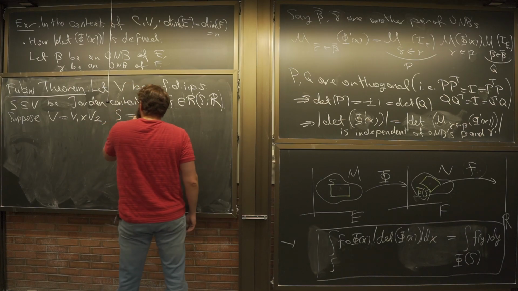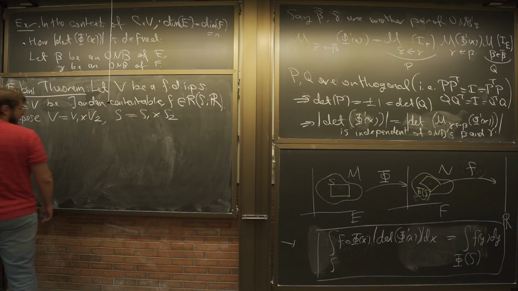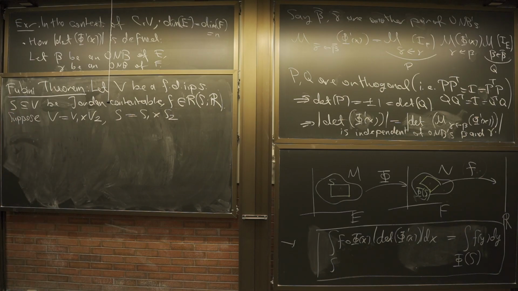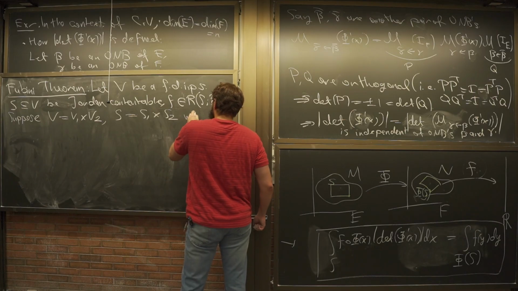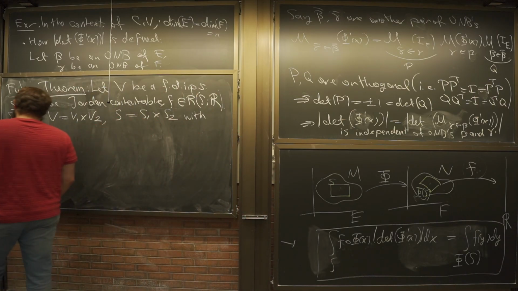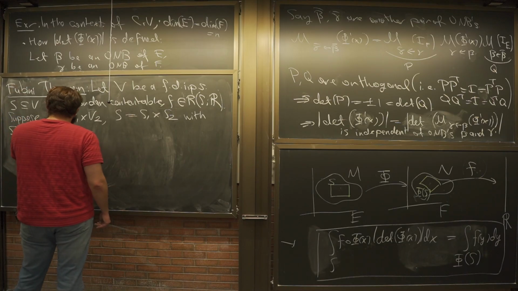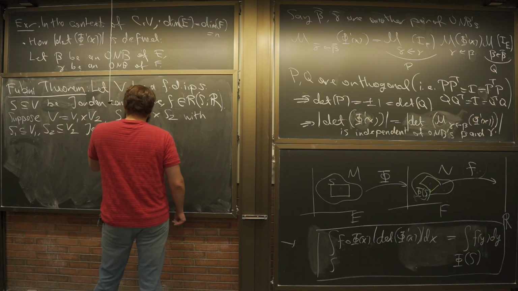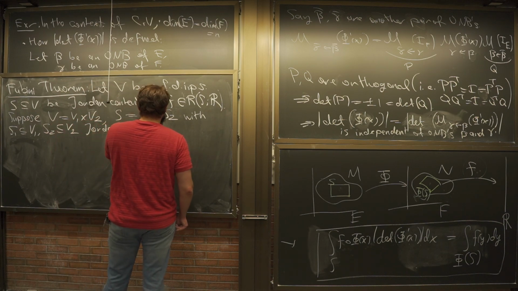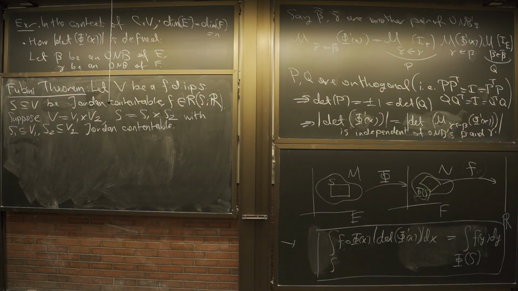And S is of the form S1 times S2, where S1 and S2 are Jordan contentable in V1 and V2, then